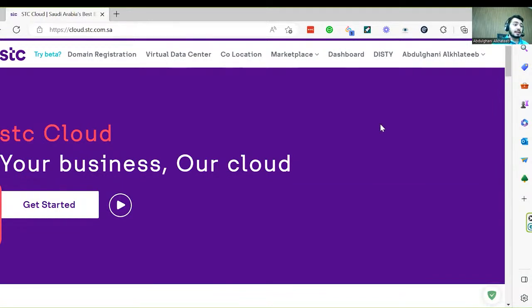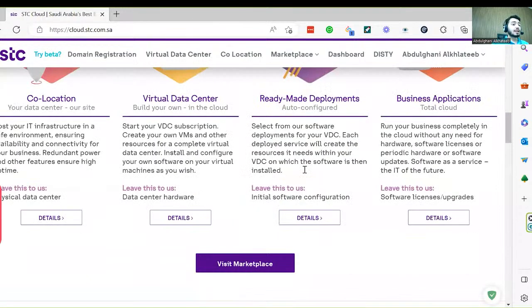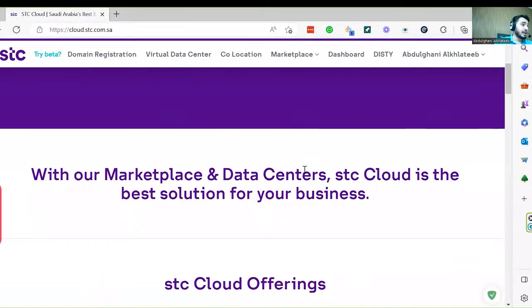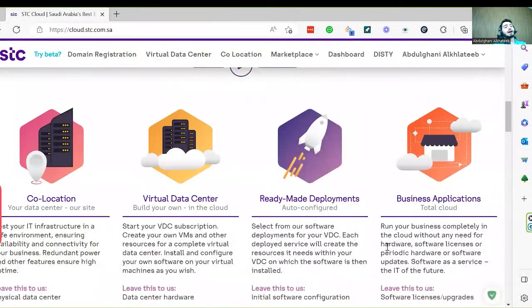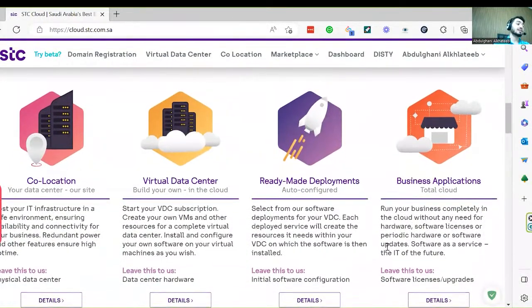cloud.stc.com.sa, sorry. Here we will present the variety of hosting, since we have several types of hosting. We have co-location service, where you allocate a physical server inside the data center of STC in Riyadh or Jeddah,